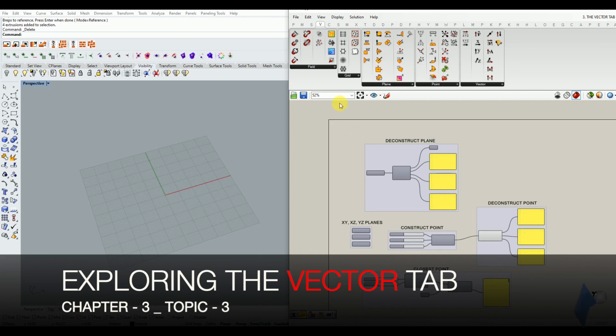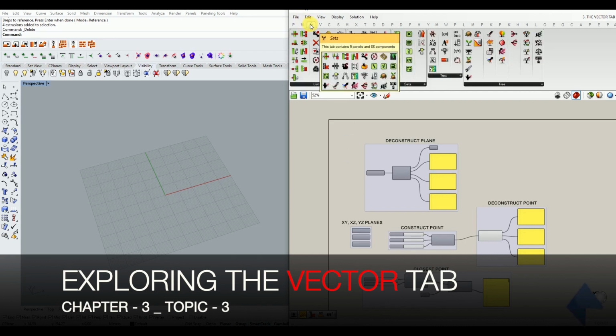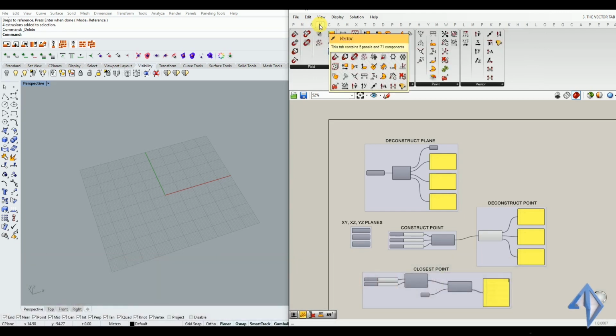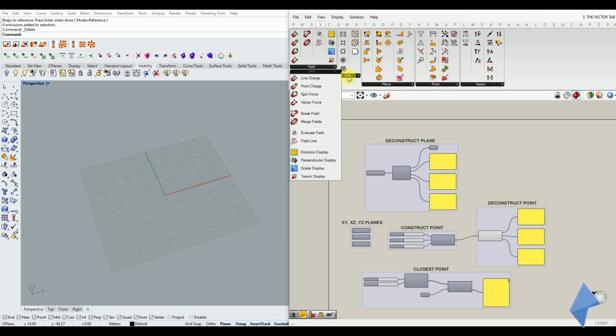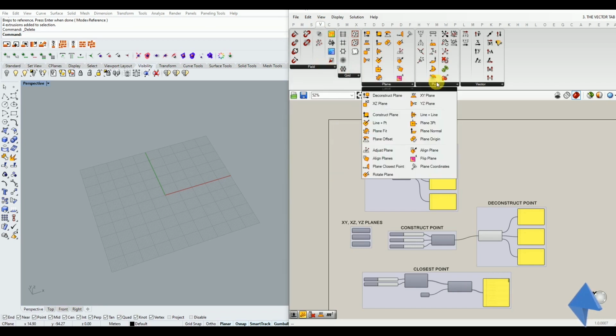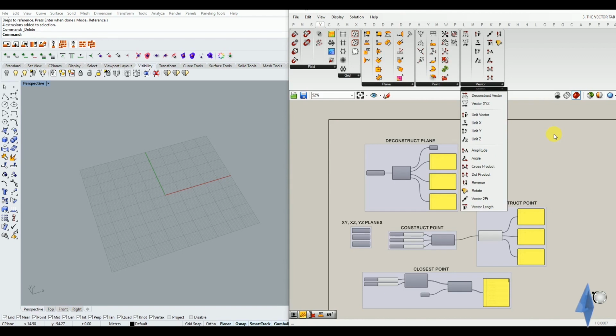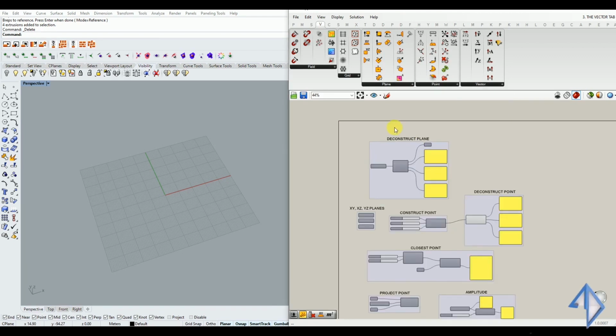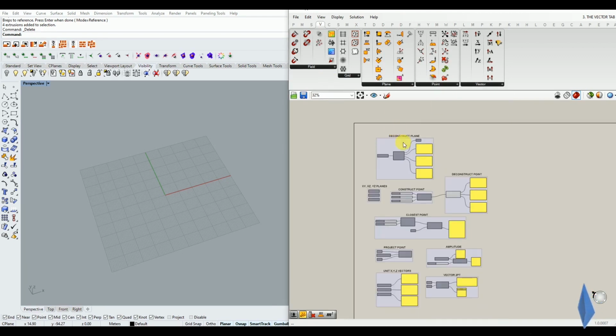In the previous video we had explored the sets tab. Now let's move on and explore the vector tab, which contains 5 panels and 71 components. You have panels like field and grid, plane, point and vector. So we will be exploring some of the very important components under all of these panels, and you can find